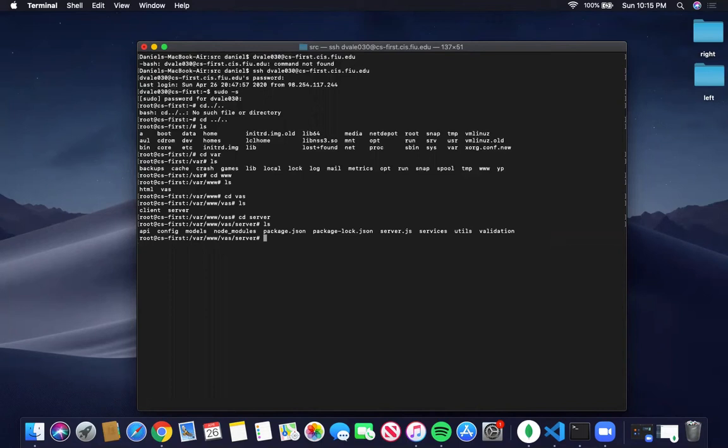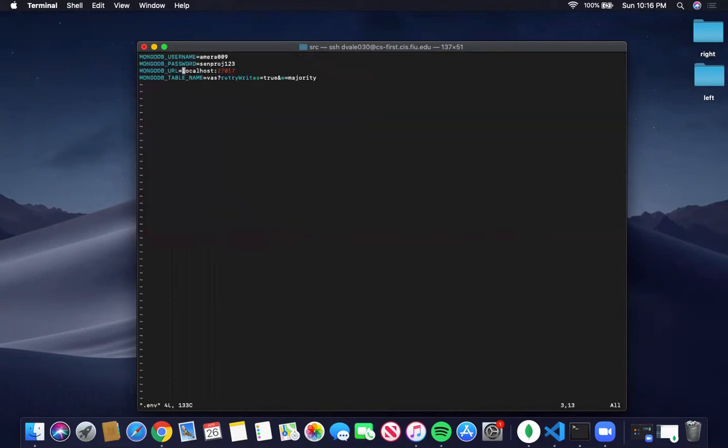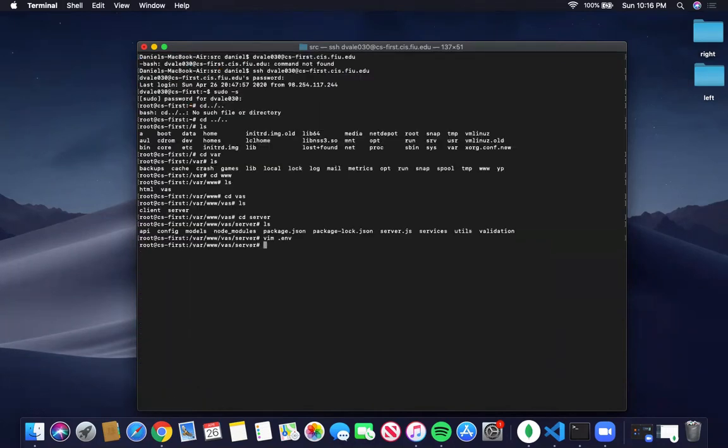In the .env file that holds the database information, since now we're going to want to use a database that's hosted on the FIU server, it's no longer going to be the credentials that were for the deployment. So I'm going to make some changes to that .env file. I'm going to use Vim. You can use any text editor of your choice. Vim .env. As you can see, the one on the server has different credentials, and this is because we're using the Mongo database on the server, not the one that's hosted outside of the server. But this is the information you're going to want to change this .env file to, so that it is communicating with the database properly. After you've made that change, you're going to want to go into the client